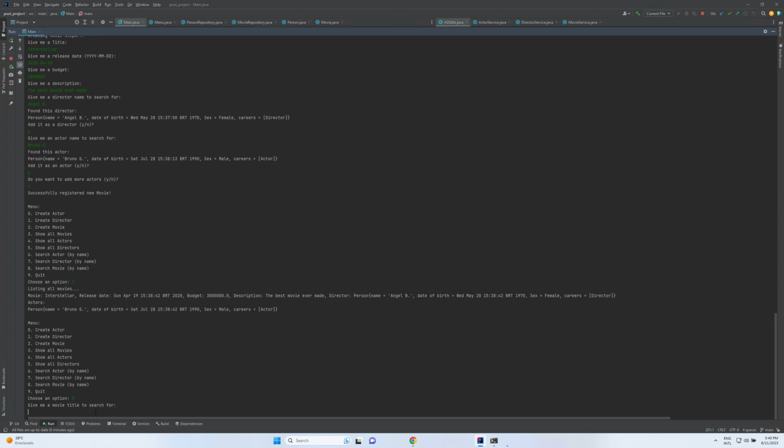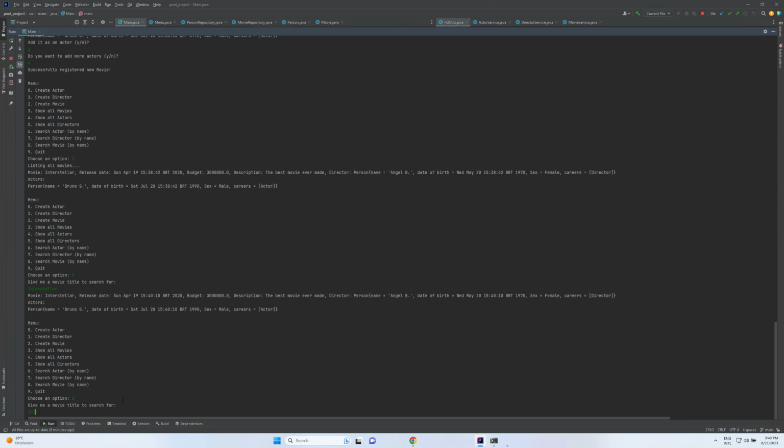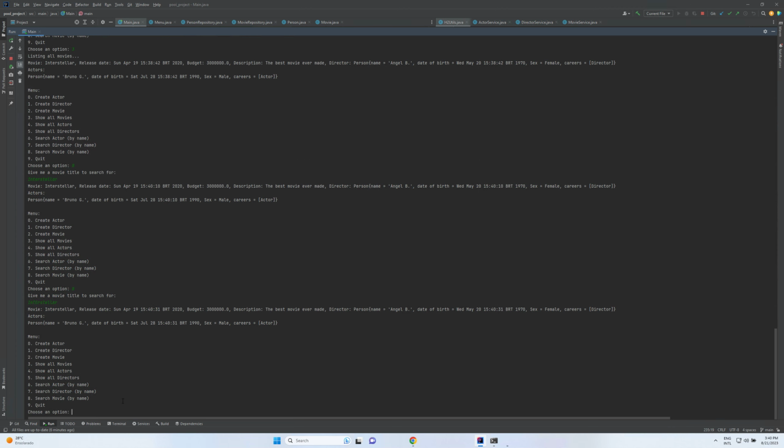It will ask for a name. We can use the movie name Stellar. There's Stellar, and it correctly showed me the movie. If I use different upper or lower case, it doesn't matter at all. It was one of the requirements for the project. So let's try to search again, Interstellar, something like that. It correctly found the name of the movie and showed me all the movie information